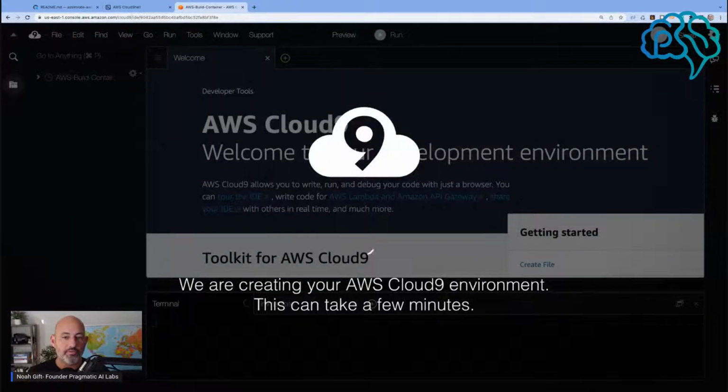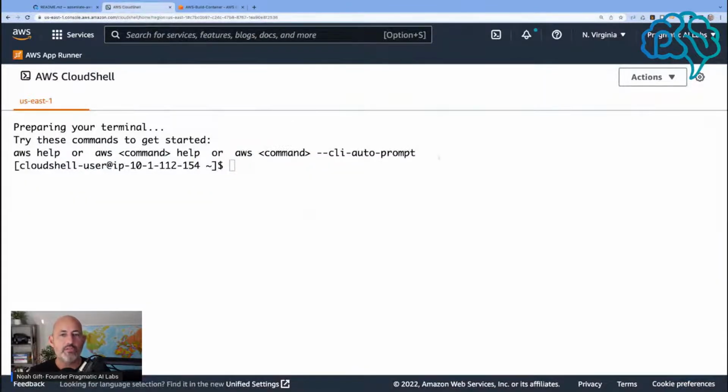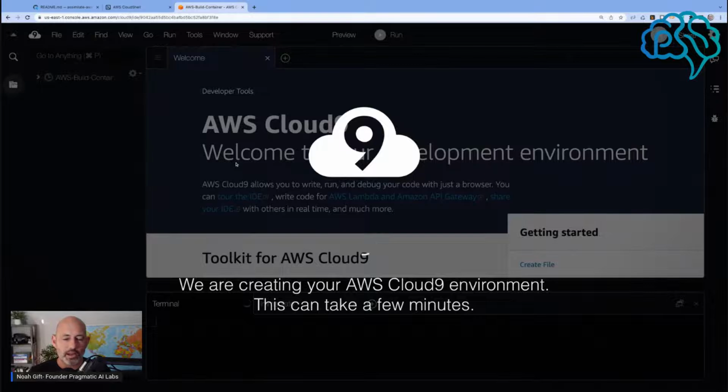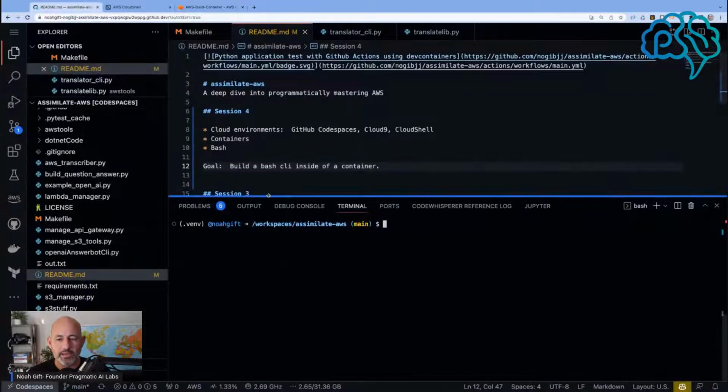So now I've got 3 environments. I've got the GitHub Codespaces environment, I've got the Cloud Shell environment, and I've got a Cloud9 environment. And in fact, we can make all 3 of these work together with containers. That's one of the cool things that you can do with containers. So I would say the first thing to be aware of here is that